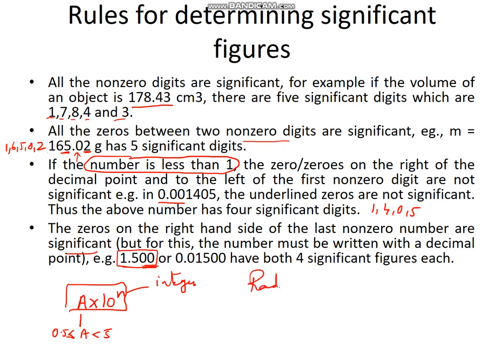For example, the radius of earth. The radius of earth is 6400 kilometer. If you convert this into meter, it will become 6.4 into 10 raised to 6: 3 zeros from here and 3 zeros from kilometer to meter. But this is greater than 5, right? So what we can do is write it as 0.64 into 10 raised to 7. So this is greater than 0.5, so the condition is satisfied. So you get the integer n as 7 and there are two significant numbers over here. What are those? 6 and 4. Same way you can do for other examples.